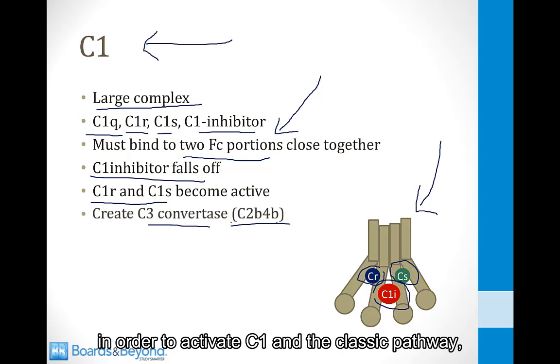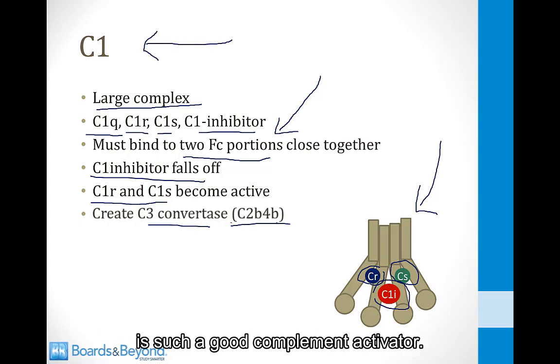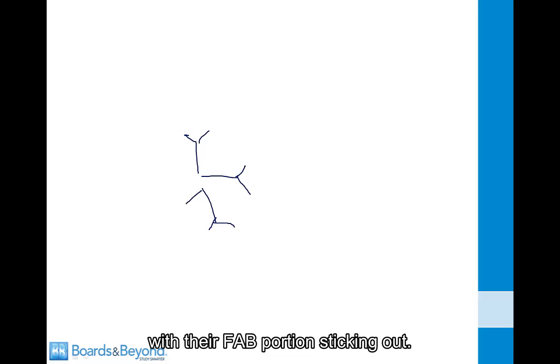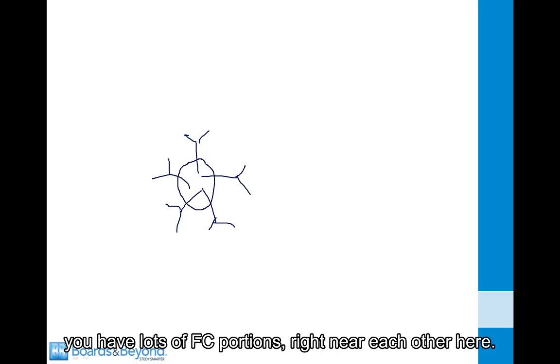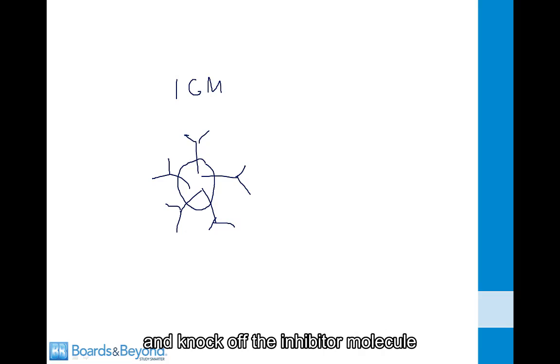Once you understand this principle that two Fc portions have to be close together in order to activate C1 and the classic pathway, you can then begin to understand why IgM is such a good complement activator. So the IgM antibody is a pentamer. It's got 5 monomers that are bound together like this with their Fab portion sticking out. And as a result of having 5 monomers stuck together, you have lots of Fc portions right near each other here. Therefore, it's very easy for IgM to bind to C1 and knock off the inhibitor molecule with all these